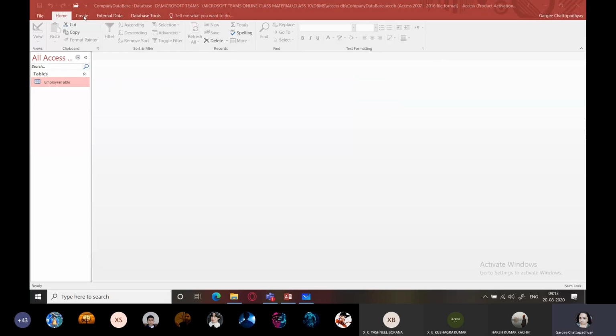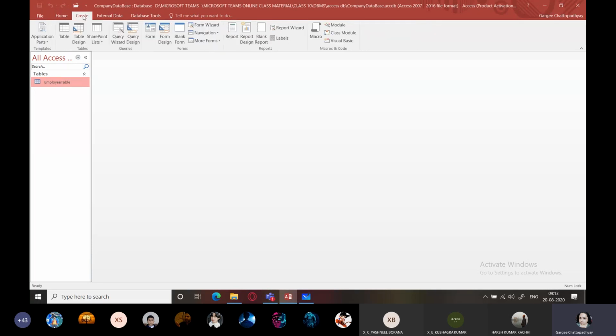Okay, so now we have to first click on this tab, that is create. Within the create tab you will be going to the tables group. You can see the tables group over here, and within this tables group you will find two options, table and table design. If you want to create your table using the design view, you will go to table design.